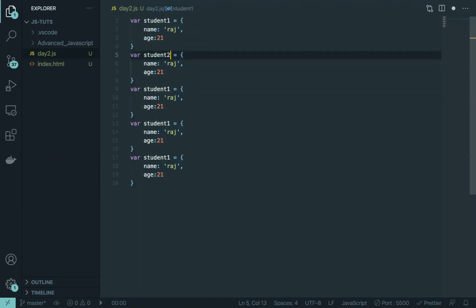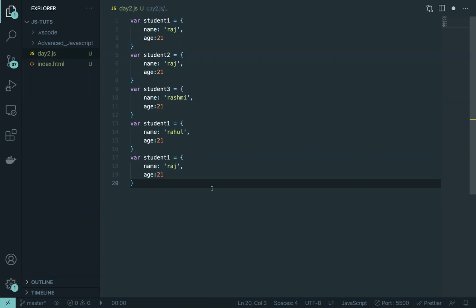Just give it a different name, student2, student3, and obviously the values will be different. So Rashmi, Rahul, something like that. One thing is clear, this is not what we want. It will get very ugly, because even for 5 to 6 objects it's bad. For 100 objects you can see how much space it is going to take, and it is really not developer friendly code. So is there any way?